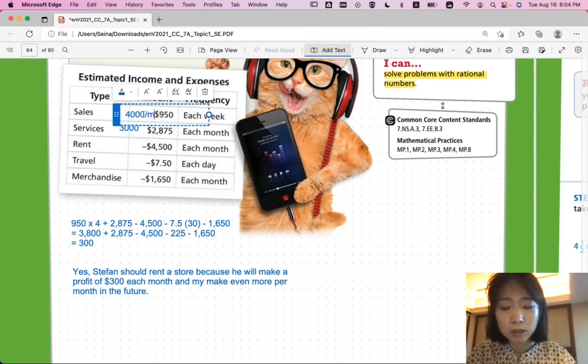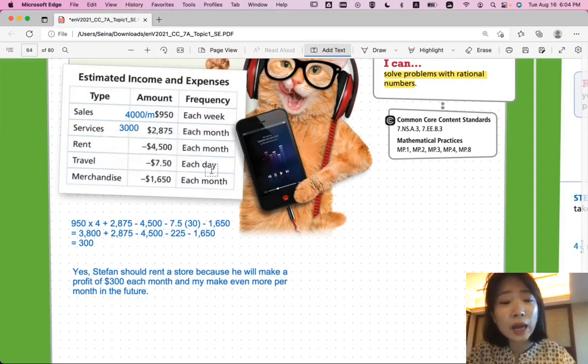$4,000 per month, $3,000 per month, and then $4,500. That's fine. And every day it's 10. If we estimate 7.5 into $10, each day will be 300. So each month would be 300 per month. And then we could estimate this into